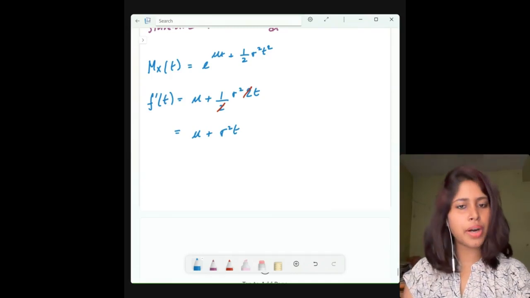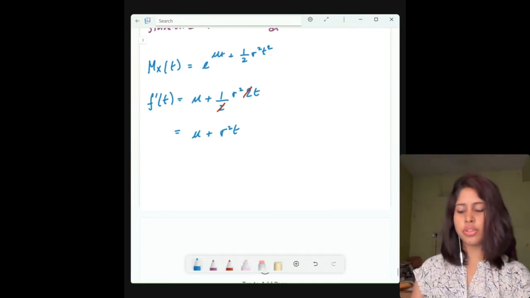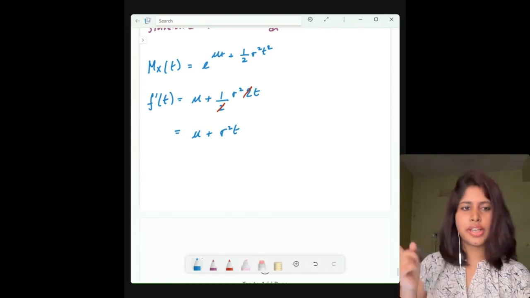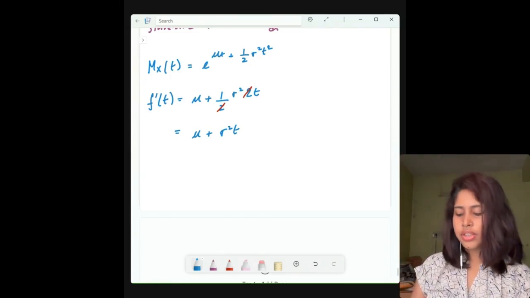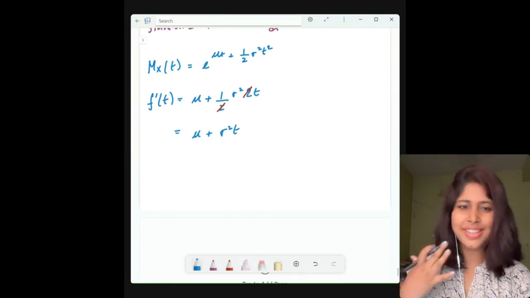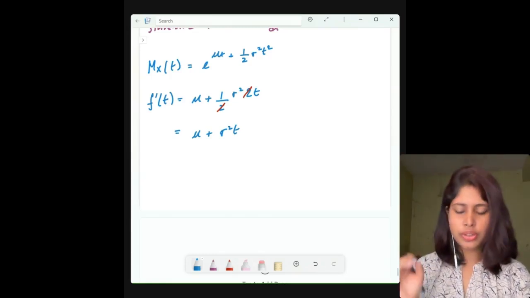Now in the next part, when we try finding the variance, I'm not going to show you this step by step, like half of sigma square 2t. Why is it 2t? Because it is coming down from the exponent. So just remember the standard thing, that it will be mu plus sigma square t. That can be seen with the naked eye. Anyway, now coming to the next part.